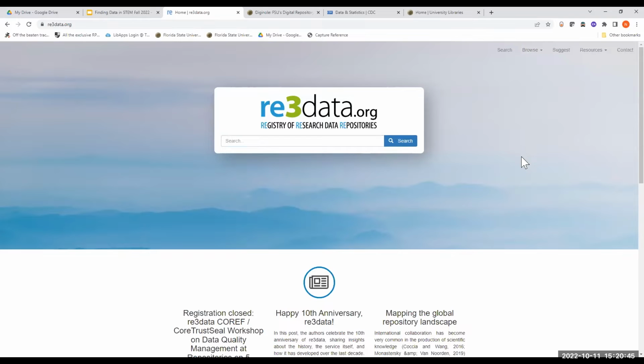But what I'm going to do is take us through one of the features of this site that you can use to parse out a repository. So if you're in a specific discipline or in a specific area and you need to look for a data repository, either to deposit your own data or if you're looking for data to use for your research project, this is one particular way you can do that. So if we go over to browse and we go to browse by subject,